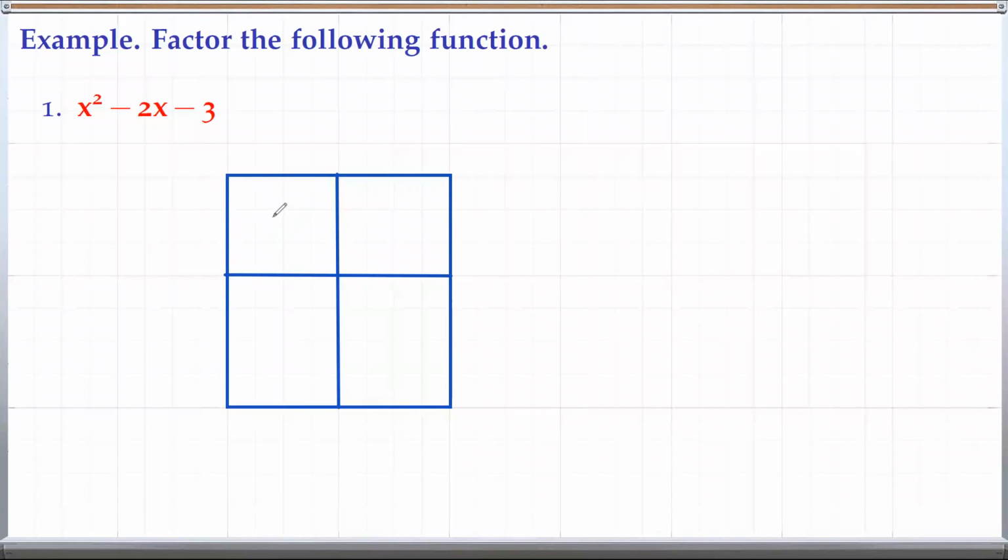In the first box, we put the first term, x squared, goes here. And in the last box here, we put -3, this term, goes here. Now for these two boxes, we need to figure out using a table or X. Some people like to use X and some like to use table. So basically we need to look at two numbers whose product is AC, which in this case is 1 times -3, so -3,